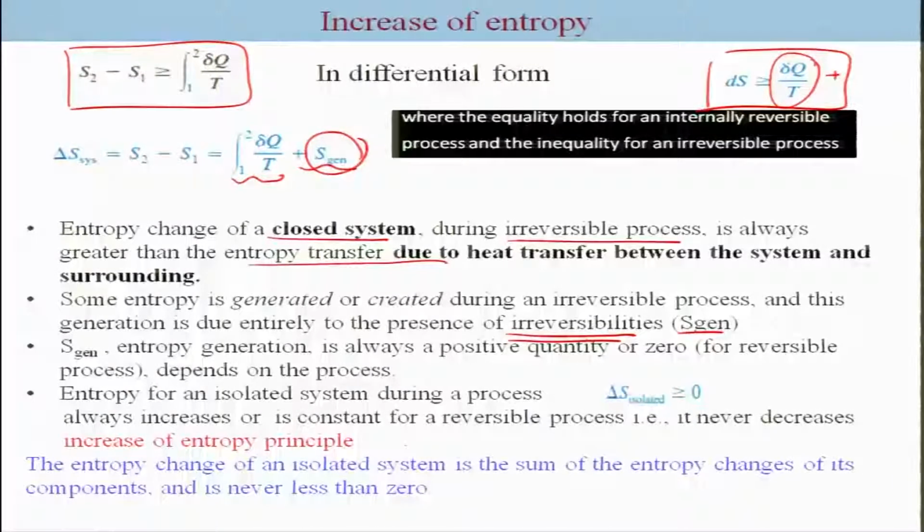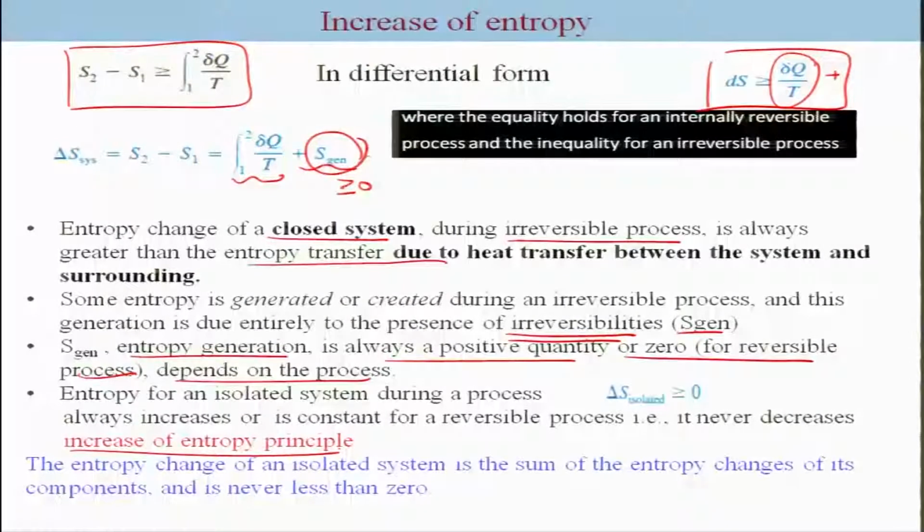Okay, that is S generation. Now, S generation or entropy generation is always a positive quantity or 0 for a reversible process, and it depends on the process. Entropy for an isolated system during a process is always greater than or equal to 0. That means, because if isolated, this will be 0. So, S generation is always greater than or equal to 0, and thus delta S isolated will be greater than or equal to 0. So, in other words, the entropy never decreases; entropy always increases or remains constant, and this is the concept of